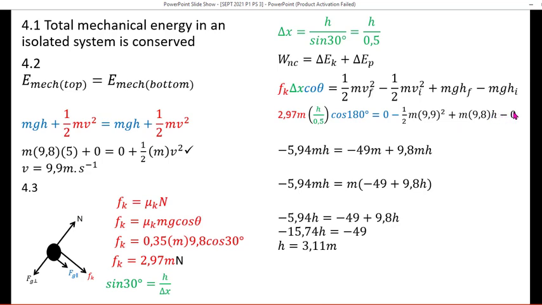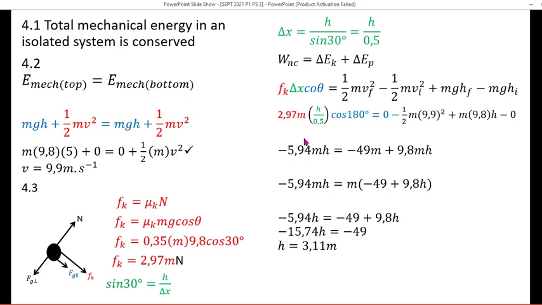0. Why do we say 0? Because this is the height at point C, which is the bottom of the incline. If you substitute 0 here, everything here becomes 0. And then when we simplify this expression, we are going to see that 2.97 multiplied by this is going to be 1 divided by 0.5, or 2.97 times